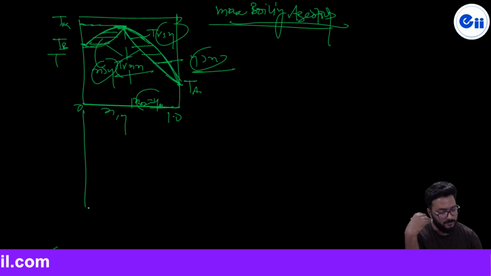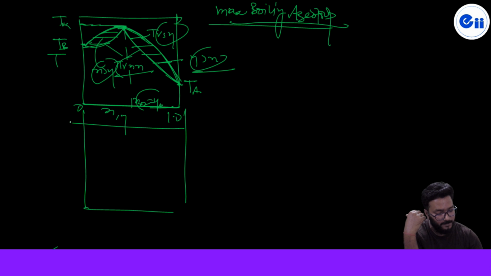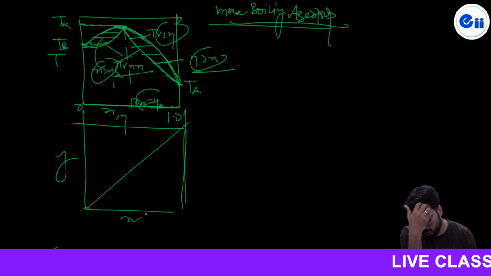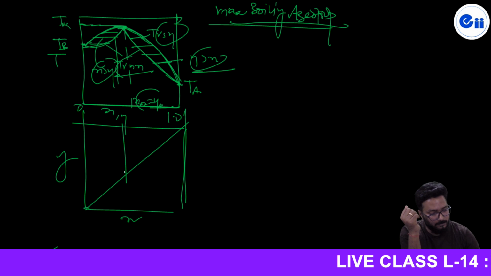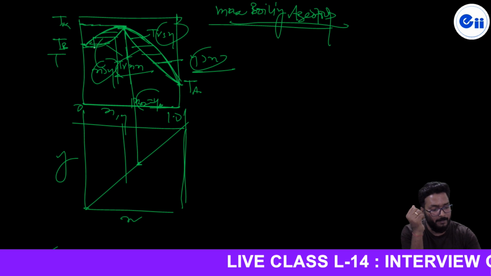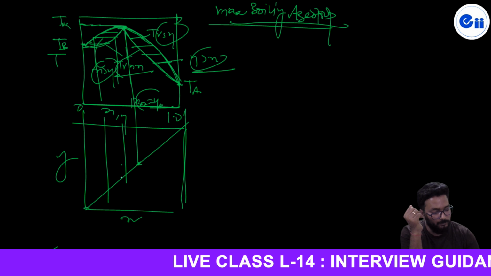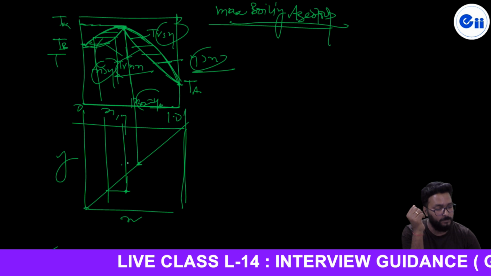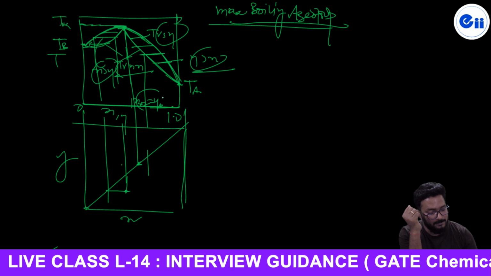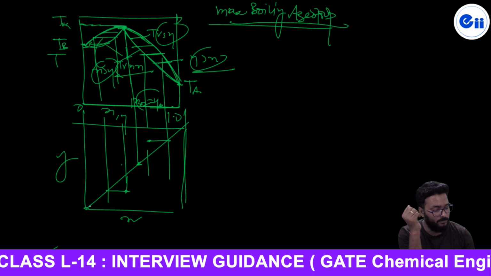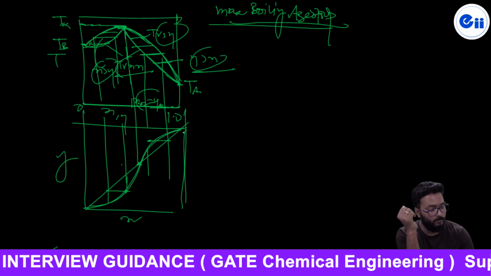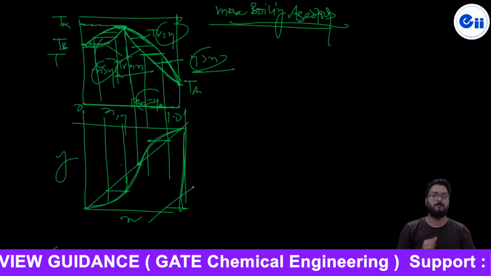And if you project the similar things I have told you over the Y-X curve, at this point it becomes 1 here. X and Y equal to 1. If you project this one, here X is more than Y, then obviously it is going to be below this, because X is more than Y. And here Y is more than X, then if you project, you will get this point. It means this is the curve here. This curve is the XY equilibrium curve for maximum boiling azeotrope, reverse of that for minimum boiling.